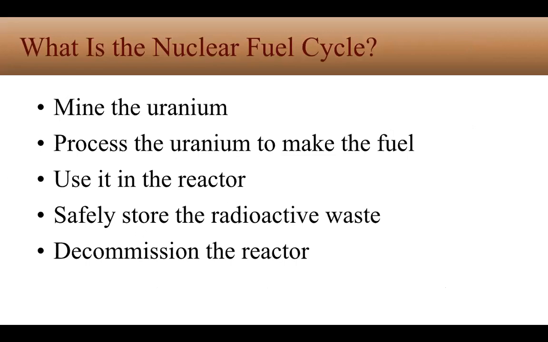So when we talk about the fuel cycle for this, it's similar to what we talked about with coal. You have to extract it out of the ground. You have to refine it in order to make the fuel. And once it's been processed, they call it yellow cake, because it looks like a yellow flour once they've extracted the uranium ore from the rock and ground it up. It looks like cake, and then they put it into cylinders, and those cylinders are called fuel rods,